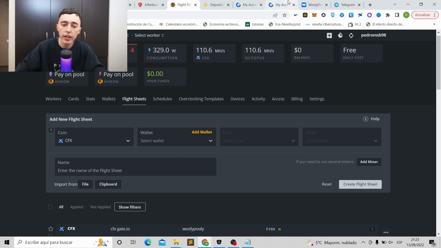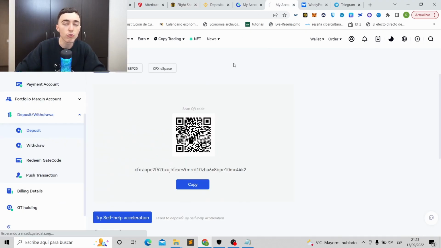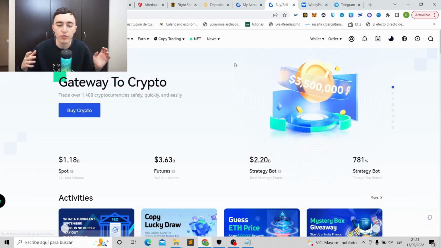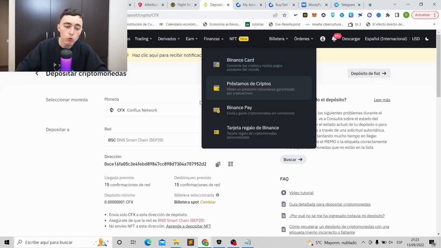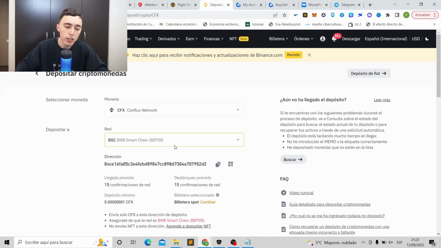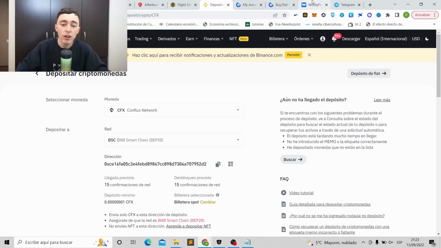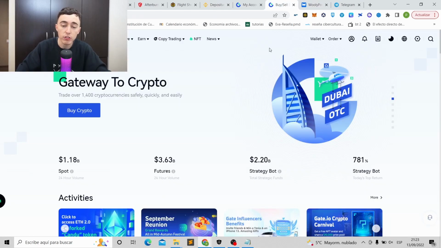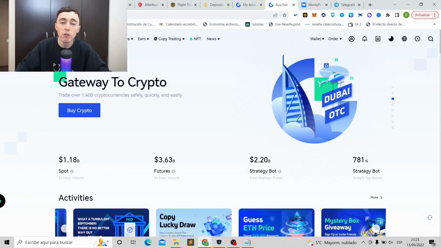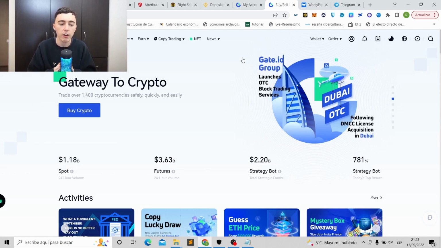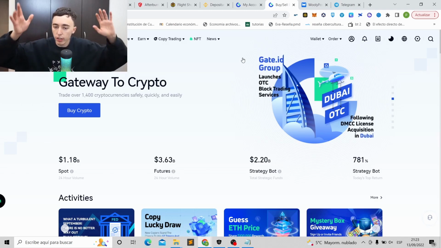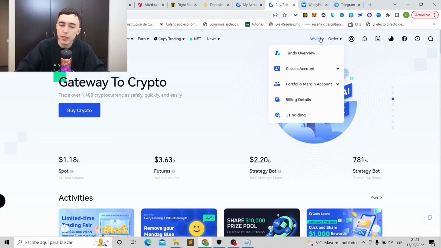get a wallet, okay? For the people who came for HiveOS and didn't watch the first part of the video, how to get a wallet of Conflux. Well, you cannot use Binance, as I said before, because the Binance wallet of Conflux only has the Binance Smart Chain, and you have to mine on the original chain, on the native chain. So Gate.io has this chain, that's why I'm using Gate.io. If you want to use a decentralized wallet, you can, you can do whatever you want, but I'm using Gate.io